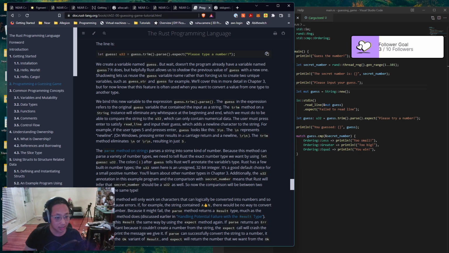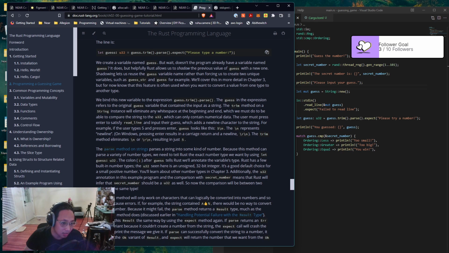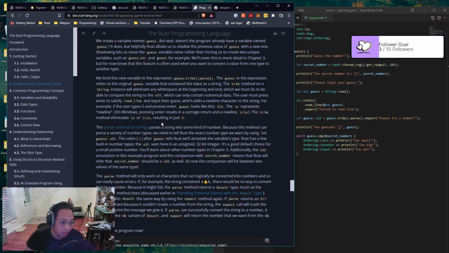On Windows, pressing enter results in a carriage return and a newline, so you get \r\n. The trim method eliminates the \n or \r\n, which results in just 5. The parse method on strings